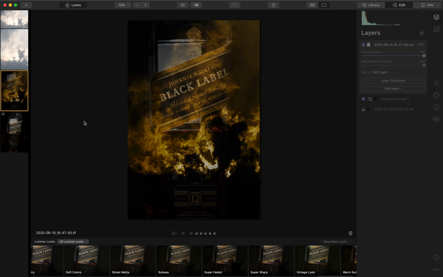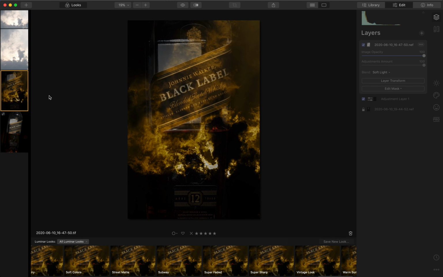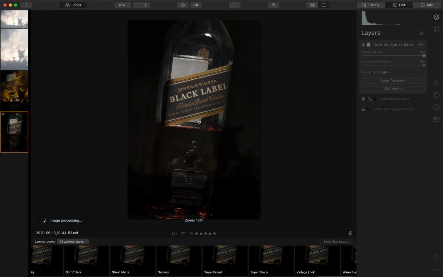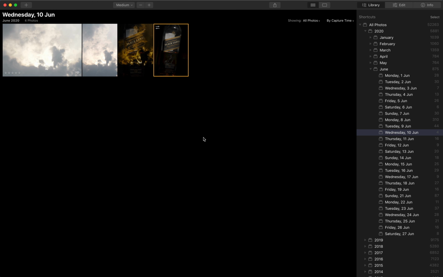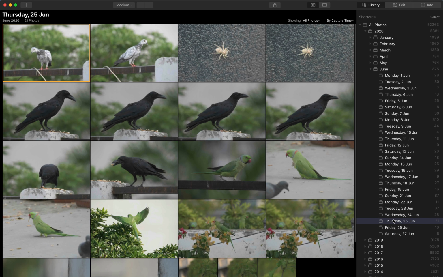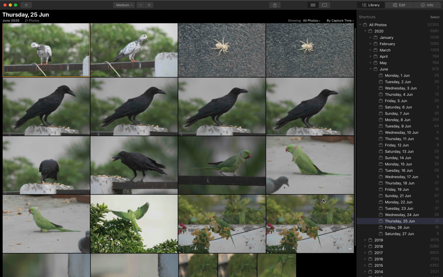On the other hand, this is also a different effect. Now this is soft light using these two images in Photoshop, and the effect we get here is totally different. So that's about it for layers, but I absolutely love the AI features, and I have a very good example.